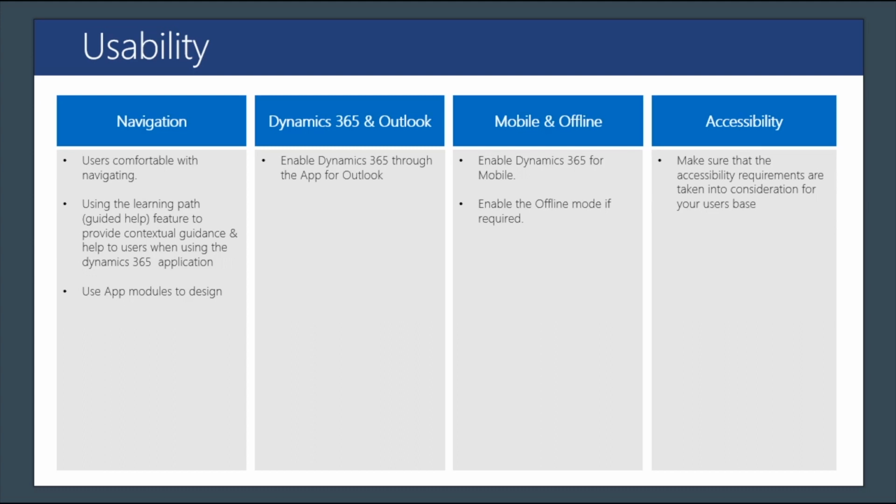If your users are, say, out there in the field, they don't have the connectivity, or they're not always in an area with good network, they can use the offline capability, which will sync all the information later on. So again, based on your need, it's good if you want to enable mobile and the offline feature for your users. Finally, the accessibility, and this is again something that's extremely important to us, and as Microsoft, this is one